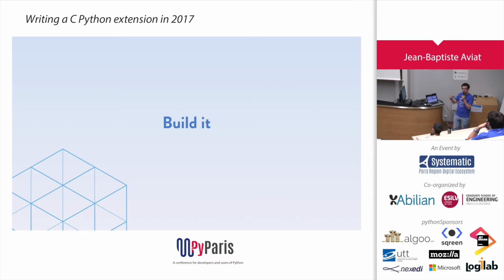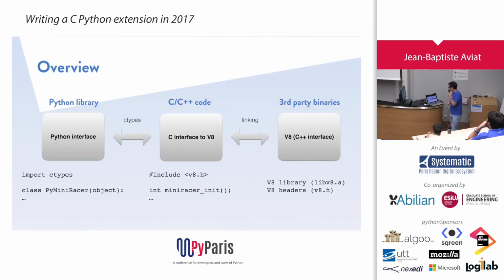You import C-types. C-types will dlopen this library for you, and as syntax sugar, will make all the symbols available to you as easily as that, all right? So you can just call lib.helloworld, and it will just call the hello world method defined here. So that's really, really simple, and you can do that with any C library that you have on your system. So very easy and very cool to use. Okay, now we know how we are gonna build the extension, what libraries we are gonna use. Now let's build it.